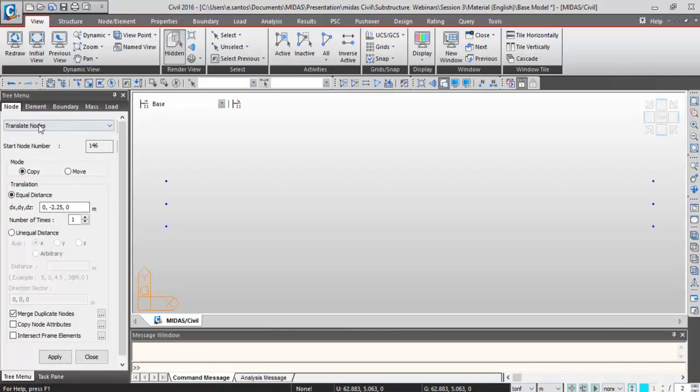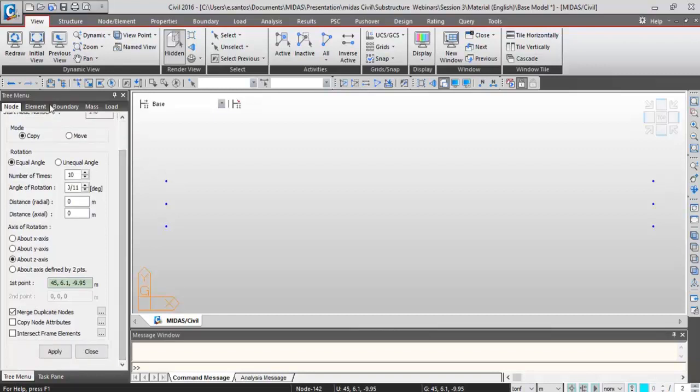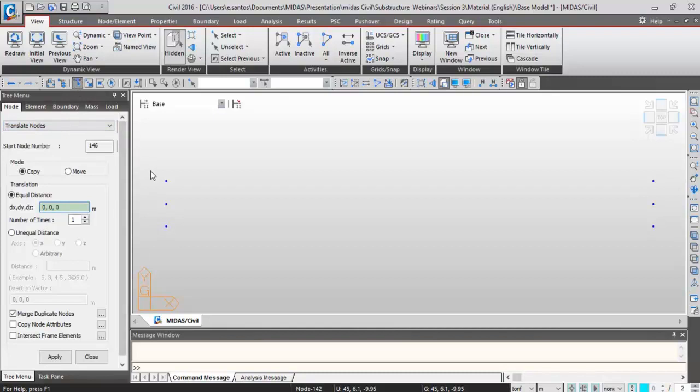Then from here I'm going to rotate the nodes, in which I'm just gonna generate a circle that is gonna be what the pile will look like. In this case I'm gonna do it 10 times 360 degrees over 11, about the z-axis, which will be the vertical direction in this node. And what I'm gonna do is first translate this node 0.75 meters